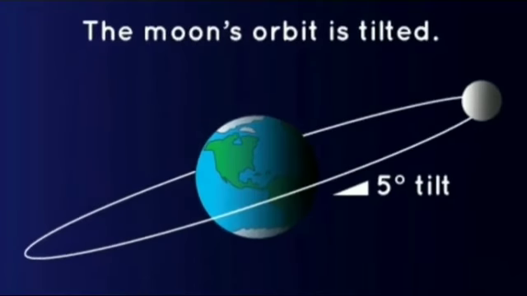Second one, why are there no lunar eclipse and solar eclipse every month? If the orbits of the moon and earth lie on the same plane, during full moon of every month we can observe lunar eclipse, and during new moon we can observe solar eclipse. But the moon's orbit is tilted 5 degree with respect to Earth's orbit. Due to this 5 degree tilt, only during certain periods of the year, the sun, earth and moon align in a straight line, leading to either lunar eclipse or solar eclipse depending on the alignment.